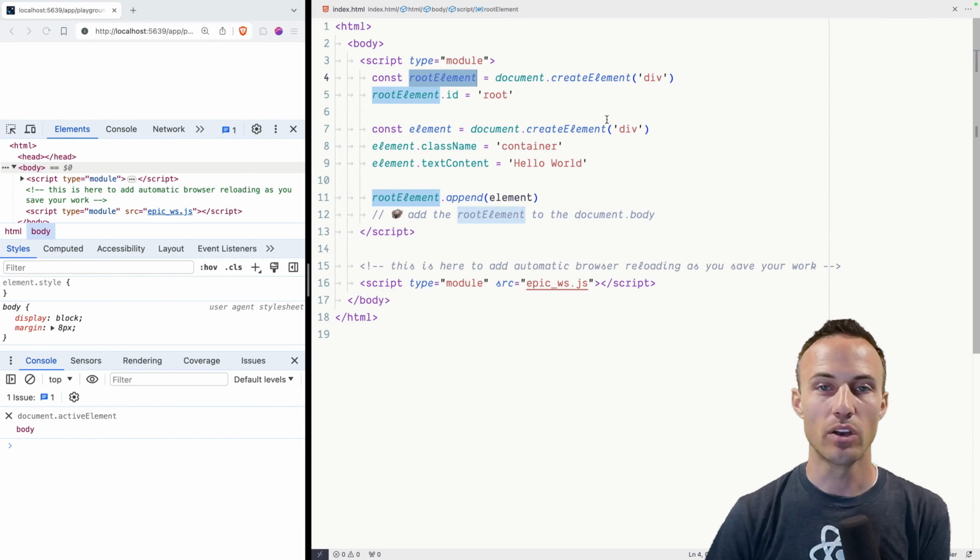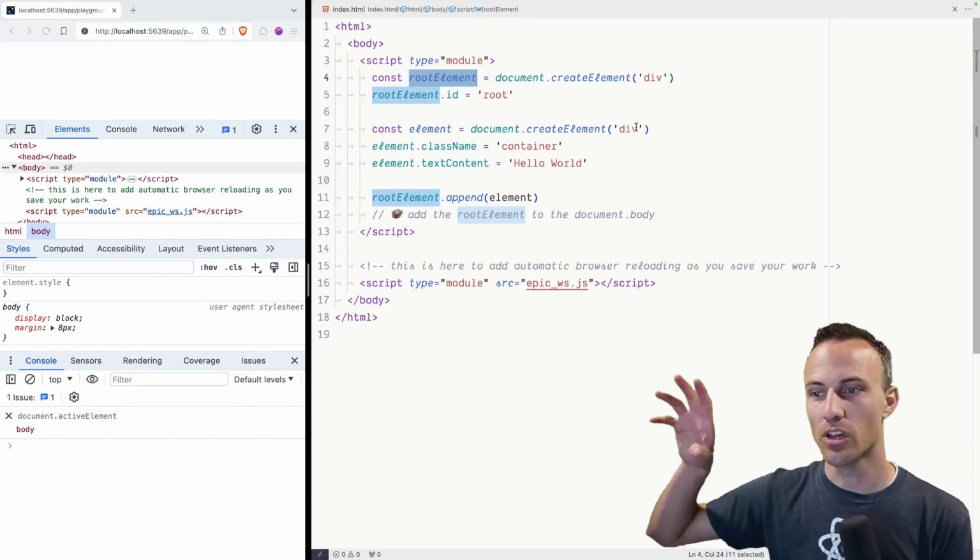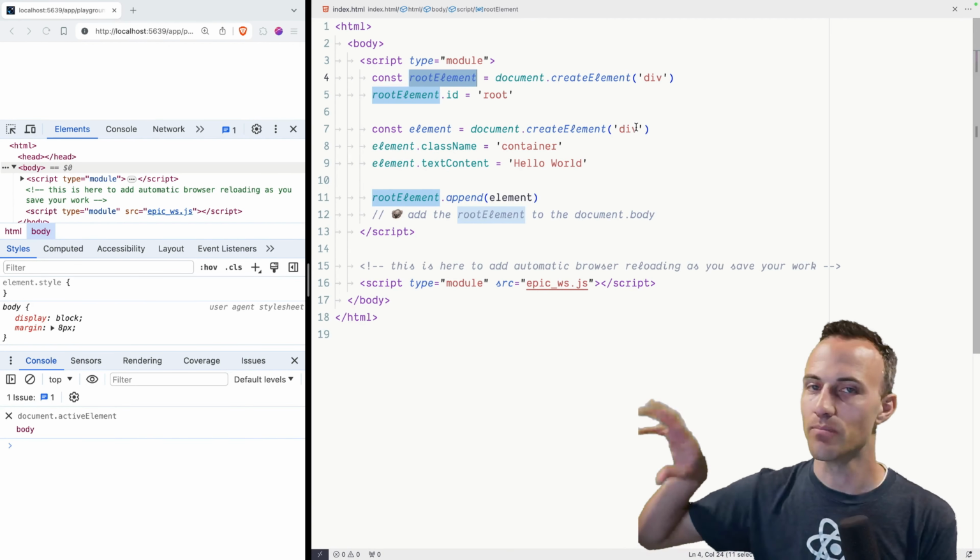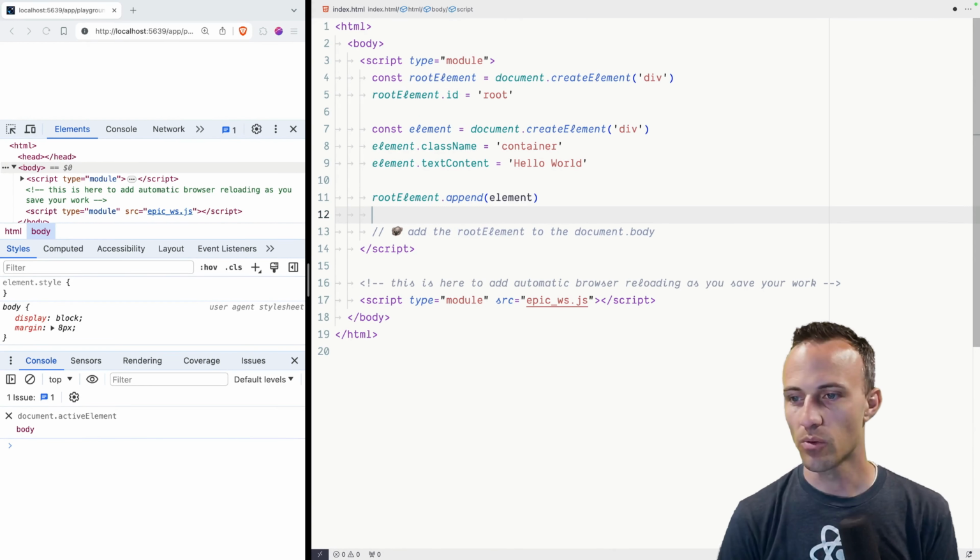but we're also not getting anything in the DOM because, again, we created this in memory. It's sitting out there in memory. It may have an element that is appended to it, but it's not in the DOM right now. And so we've got to say